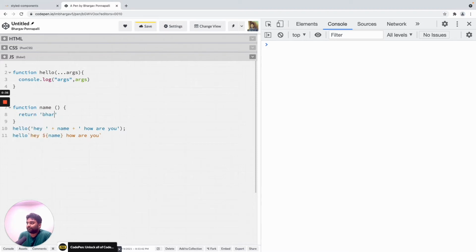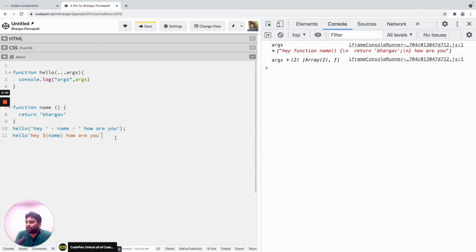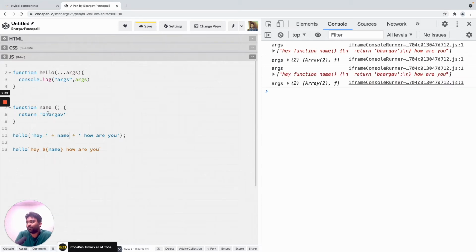Return Bhargav. So basically, I just have a function that returns the name that I want. So now let us see what happens. With the traditional approach of calling a function, if we do this, hey plus name of Bhargav, and somehow we want to pass name into hello, but we also want to tell it to use this over here.